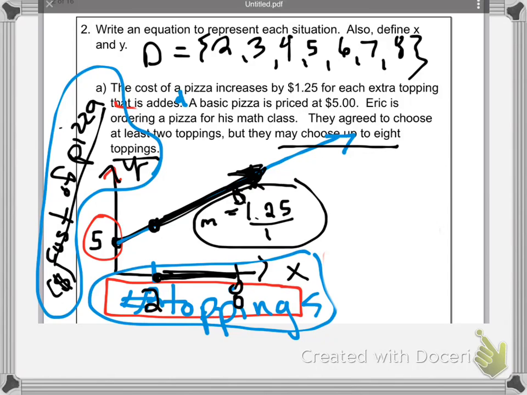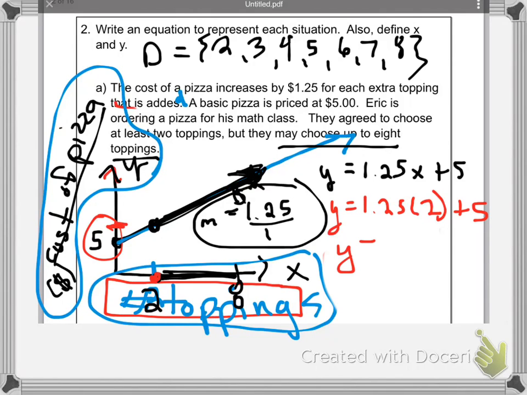Now the range, we knew our equation was y equals $1.25 increase for every topping plus the original $5 you pay. So when the number of toppings is 2, how much is that pizza going to cost? So y equals $1.25 times 2 toppings plus 5. That would be $2.50 plus 5. So y is $7. So the y is going to go from 7 up to here,